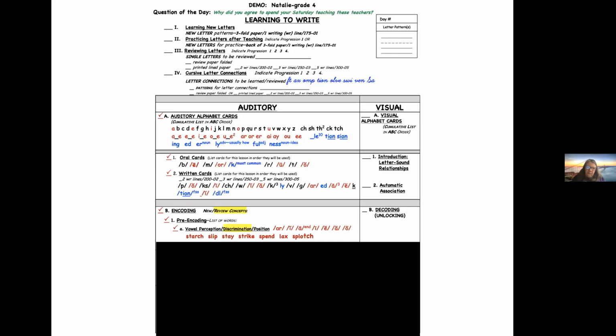But what that would be here, because it's a review, it's the reviewing concepts. We're not teaching a new vowel phoneme and its spelling. We're practicing ones that they've already learned. And so it's review, which was highlighted, and then discrimination because it's a variety. And these are the vowel sounds that are represented in the words that we're spelling later in the lesson.